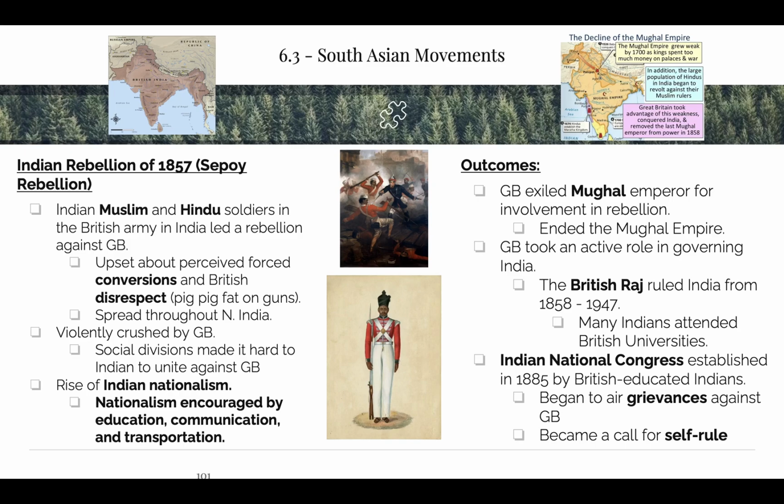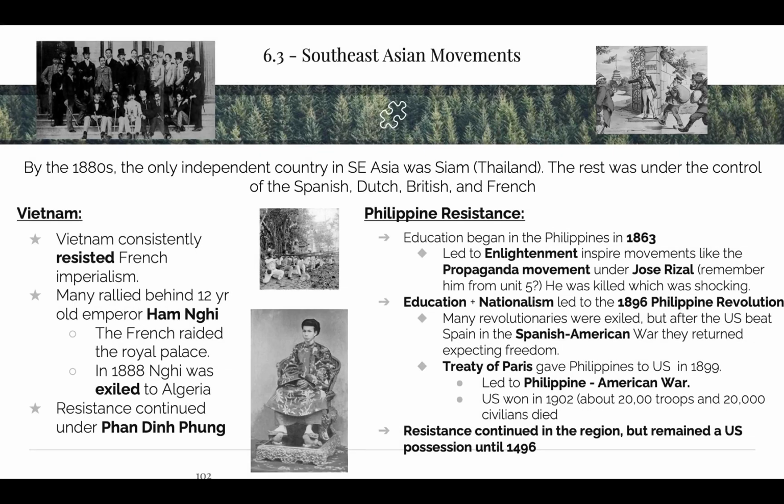This is the origin of trying to officially move past the British, even though it's a failure. What's going to happen is the Indian National Congress is going to be implemented after this, where the British say they will listen to the demands of the Indians. Do they? No, but it's a nice way to drag their feet.